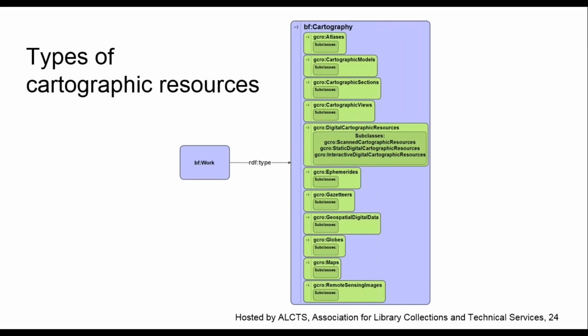This graphic doesn't show all the subclasses. But here I've highlighted how we've added and expanded out the digital cartographic resources subclasses to include a few newer and more expressive types of cartographic data that are not well expressed by current terms. So something like scanned cartographic resources, static digital cartographic resources, interactive digital cartographic resources, something we might want to consider as we're thinking about typing